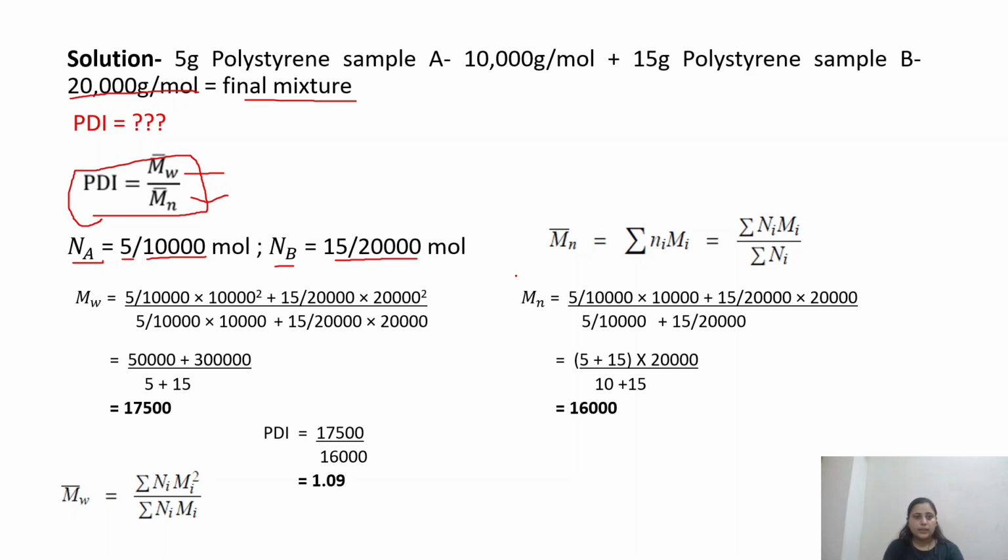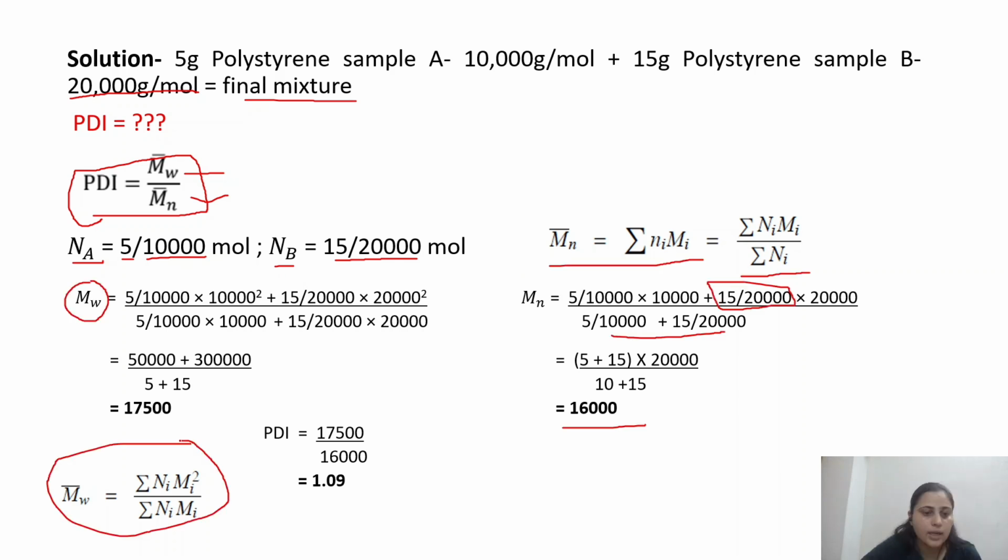Now calculate the Mw value, which is nothing but the summation of Ni Mi square divided by the summation of Ni Mi. So for polystyrene sample A, the moles equal 5 by 10,000 multiplied by its molecular weight square, which is 10,000 square, and then similarly it will be done for polystyrene sample B, which is